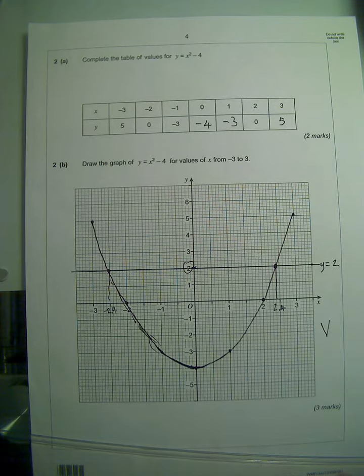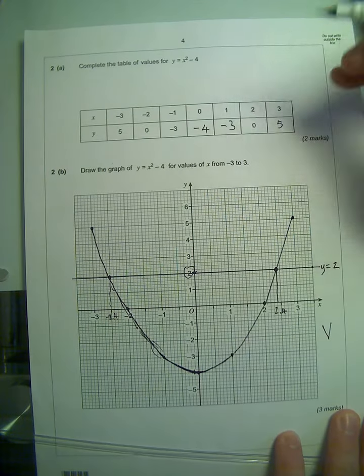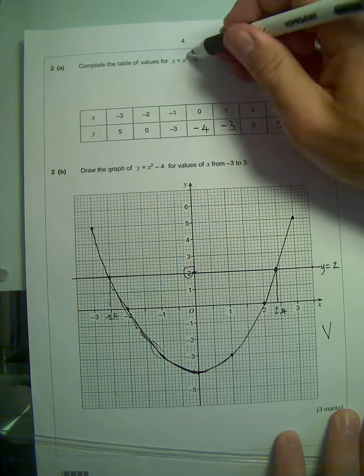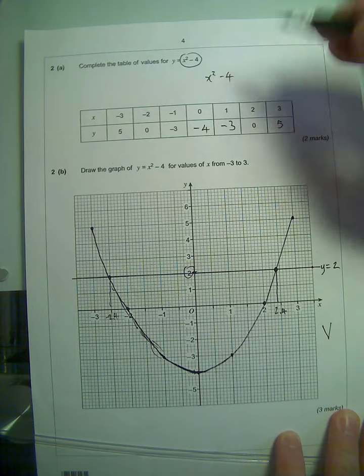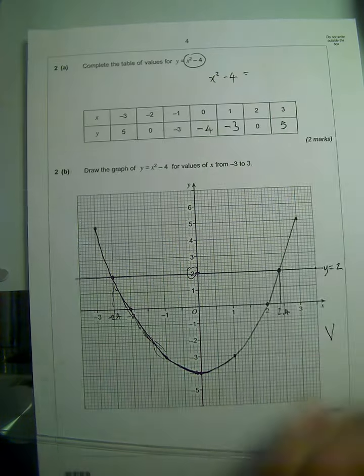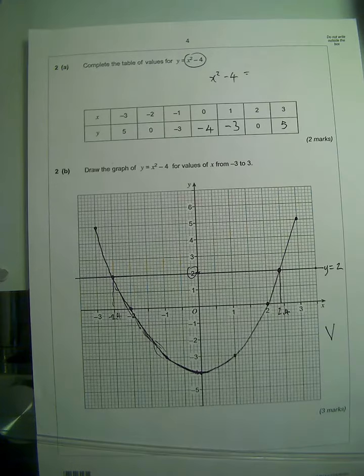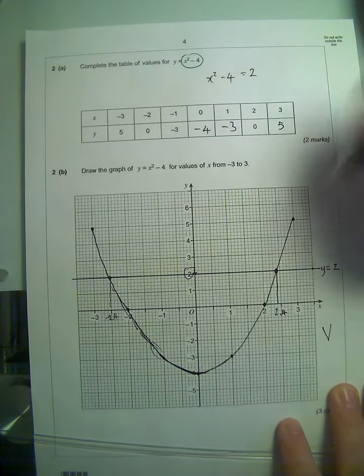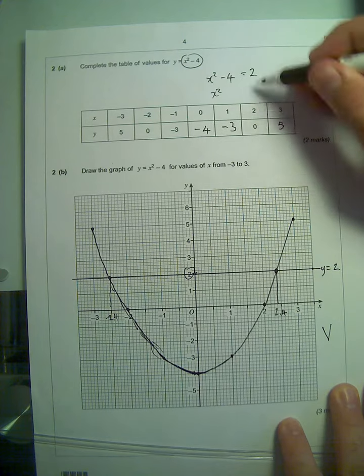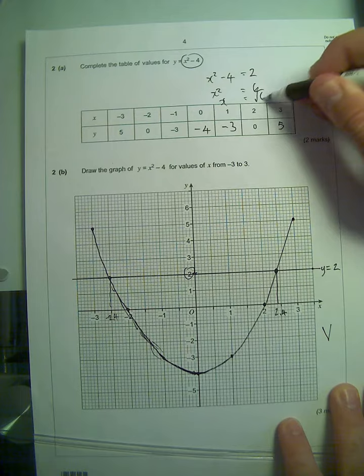You know what I can do, because I'm a mathematician, I can actually work this out exactly, because where they meet, x squared minus 4 will be 2, the same as the y values will be the same on both the curve and the line where they meet. x squared will be 6, so x will be the square root of 6, which, if I get my calculator,